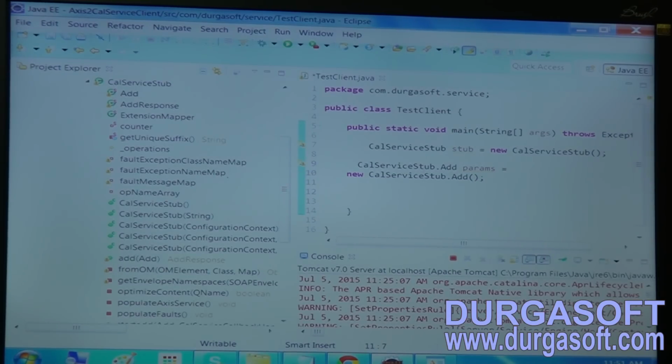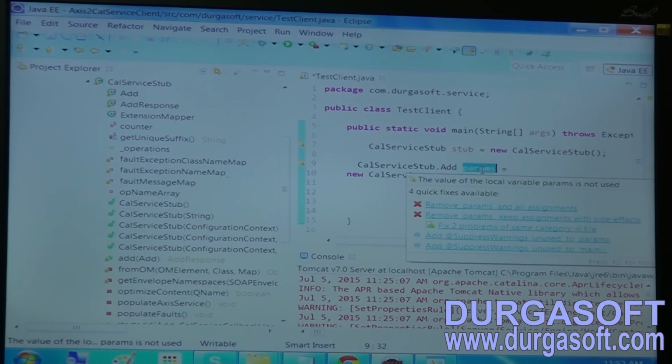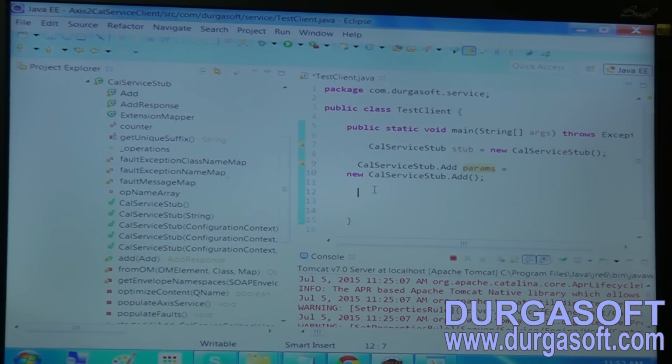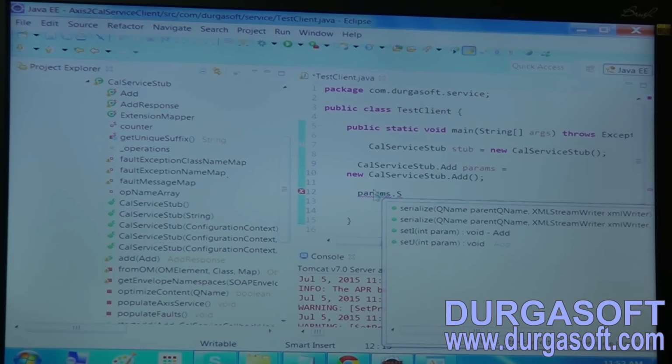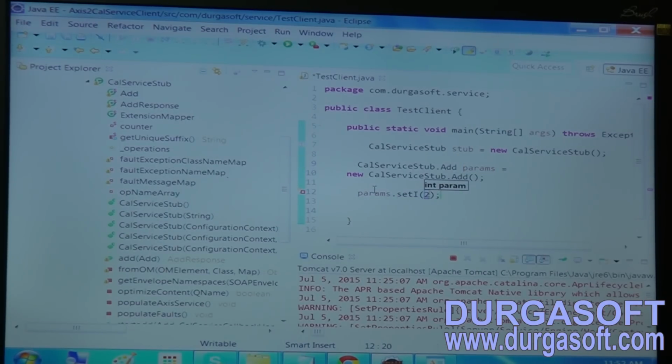So after that, this object contains two methods, because we have two parameters in the add method. If we have three parameters, we have three methods in this params. So here we have two parameters, so we have two methods. One is setI. Whatever value you want to set, you can pass, say 20.